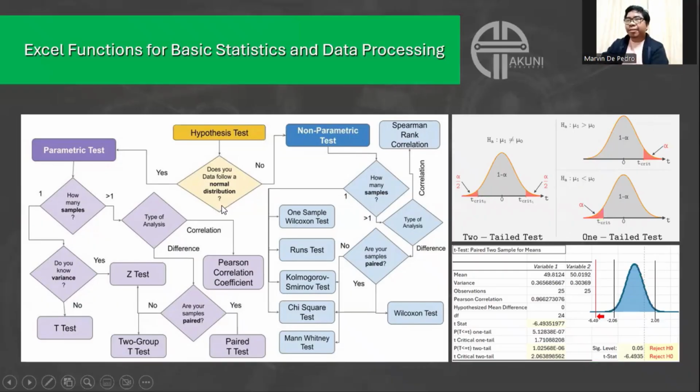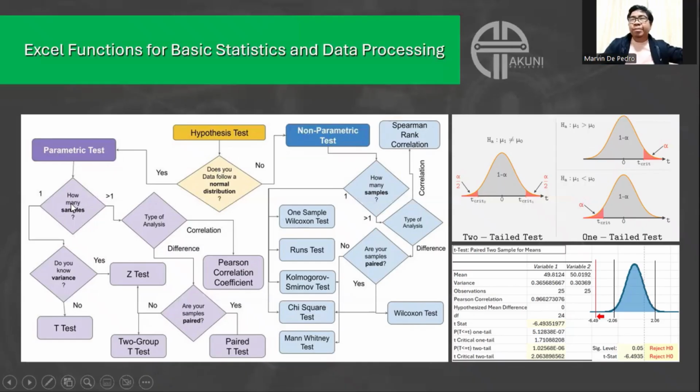So if our data is normal, yes, then we can use the parametric tests, especially those that are available in Excel. But if not, we have no choice but to choose non-parametric tests, and most of these, if not all, are not available on Excel, or there's no shortcut, or we can do this in a harder way compared to those considered parametric. So assuming our data is normal, we do a parametric test.